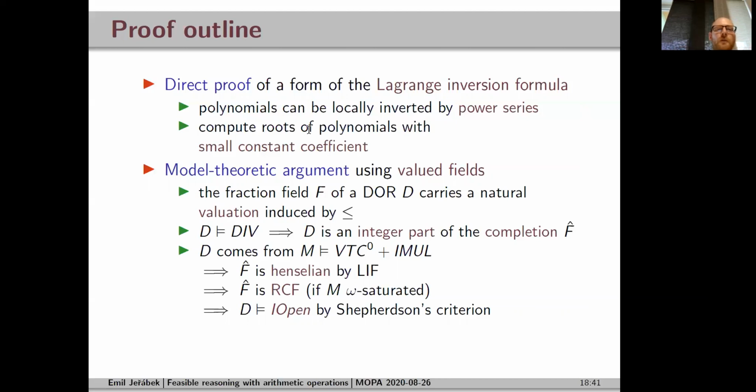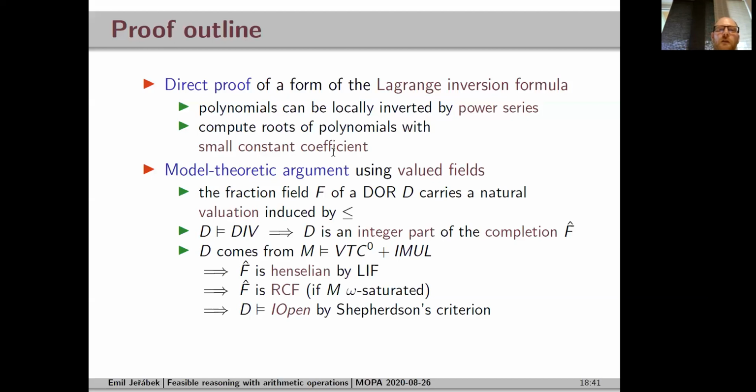This is not a precise statement, but this is an intuition of what kind of conditions are involved here. And then, in order to pass from this special case to all polynomials, we do not really construct an explicit algorithm for computing roots, but we use a model theoretic